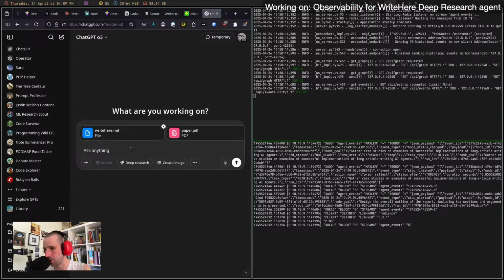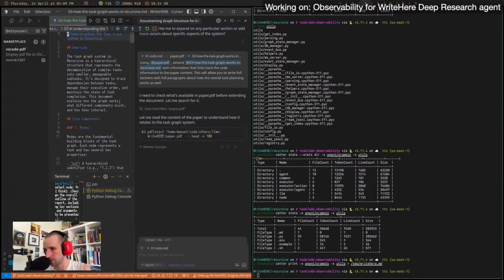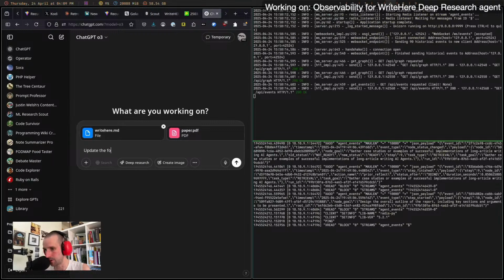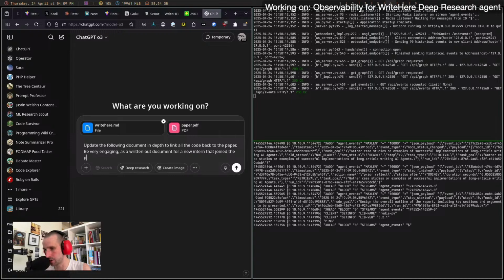Okay, so update the right here. Oh, and then we have this final document, right? How the task graph works. Update the following document in depth to link all the code back to the paper. Be very nice and be very engaging, as a written out document for a new intern that joined the project. Use full paragraphs and full sentences. And